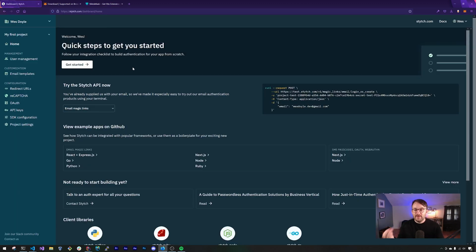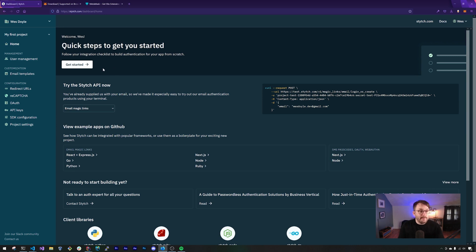Now, if you saw the previous video I did where we built a magic link integration using Stytch with our Mindful Gifts gift shop application, we're going to be using the same application again here, except we're going to be swapping out the authentication method, in this case to use crypto wallets with Stytch instead of the magic link integration. And we'll see that it is just as easy, if not easier actually, to get set up with a crypto